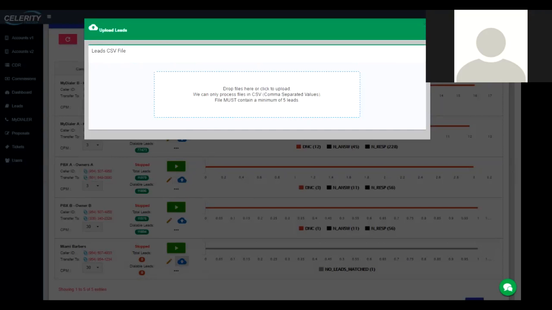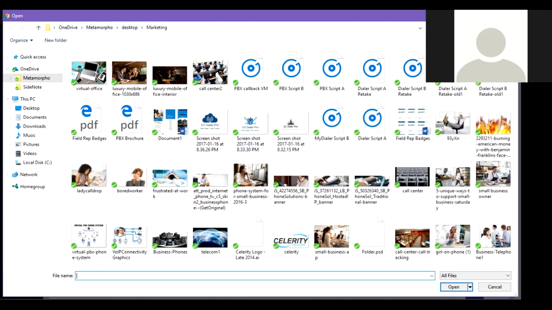And it'll actually create a window pop-up where, in the same example with the audio file, you can drag and drop the file here, or you can simply click on the actual box. I do want to make a note as well that we can only process files in CSV, or comma separated values, and that's different from an Excel file, okay? Also, as it states here, the file must contain a minimum of 5 leads in order for the system to recognize the file. So I'm going to go ahead and click here,